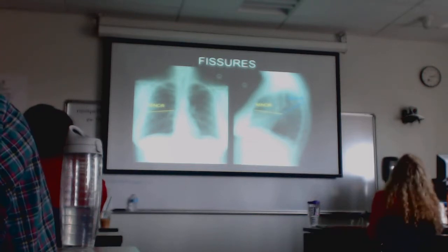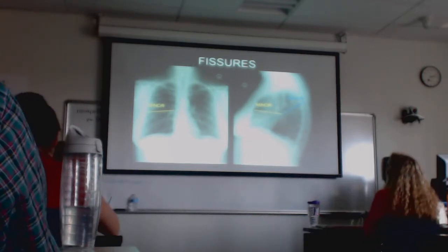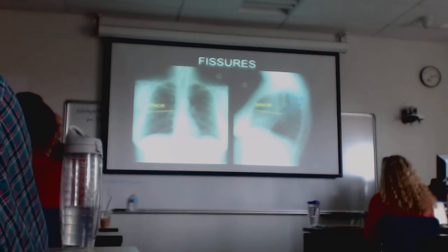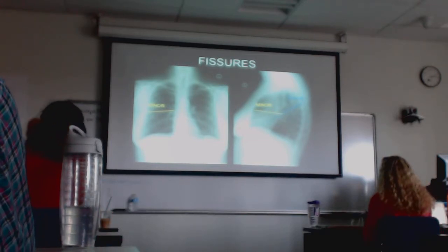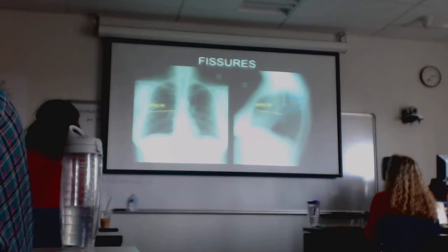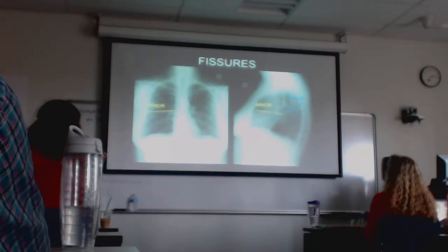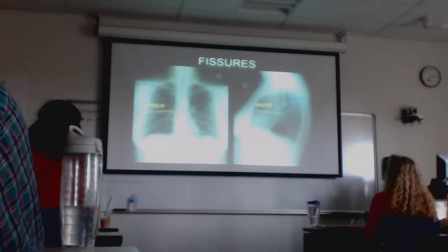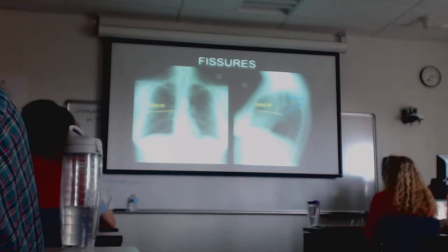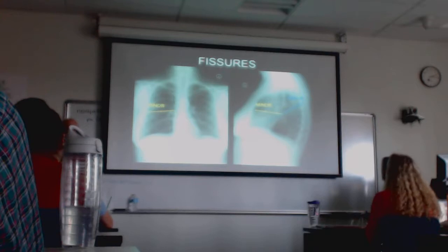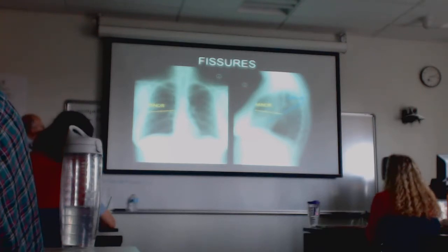There are two fissures in the right lung that divide the lobes. The fissures really are just invaginations of the lining of the lung. So picture the lung, and there's a lining of tissue. But where that tissue basically ducts back into the lung is where it divides the lobes. Okay? So on the right